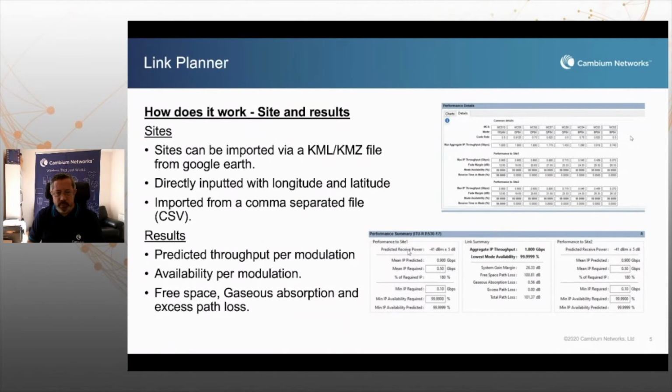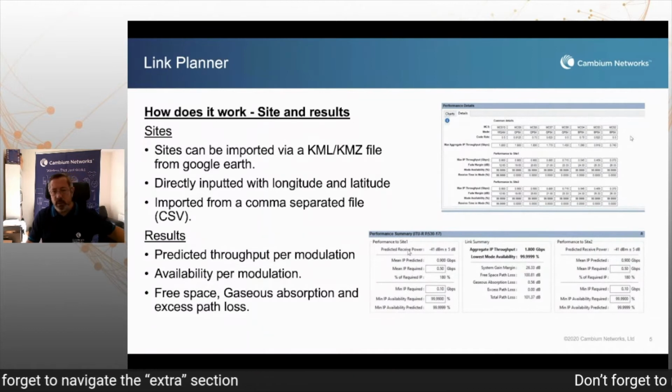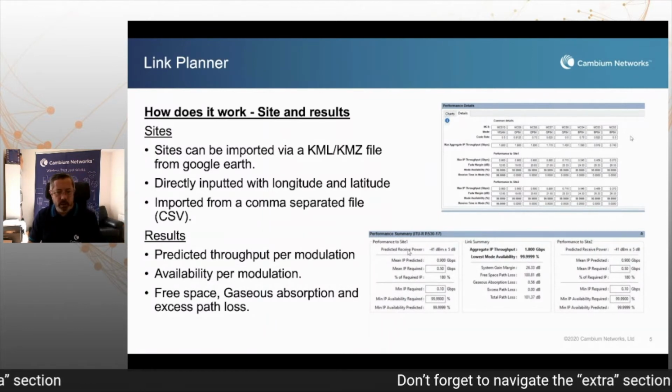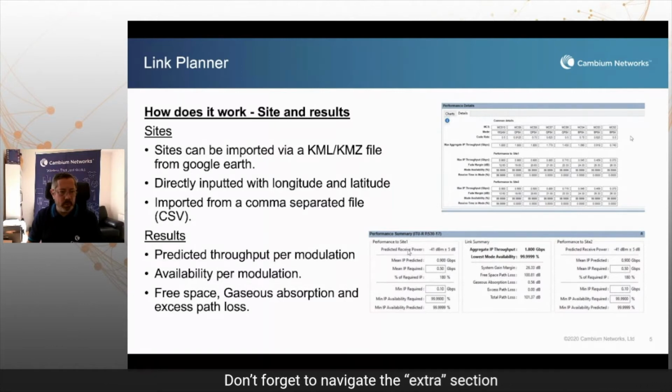So Link Planner, once you've imported your sites, and that can be either from Google Earth, KMZ, KML, you can also copy and paste from Google Earth. You can put sites in directly, either by pins in a local map or by inputting longitude and latitudes straight and directly in. And you can import comma-separated files, so you can import hundreds or thousands of links and ends to create truly massive amounts of wireless links and multiple point-to-multipoint